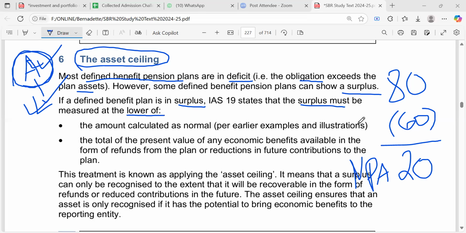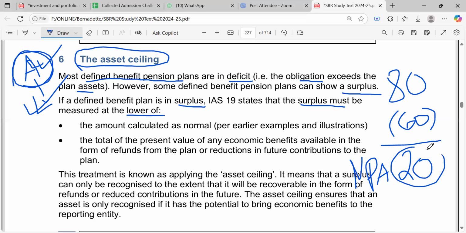So you resort to the original figure, which in your case is 20, right? The fair value of assets is 80, and the present value of liabilities is 60, and you have your net as 20. So what matters is the second thing. If this is lower than 20, then you have to put your asset at that figure, right? If it is more than 20, you say, okay, no effect. I proceed with my 20. That is always done, right?